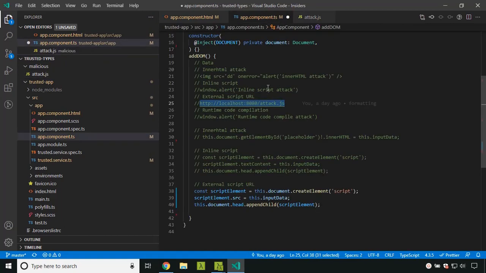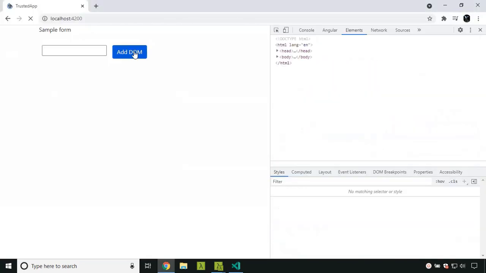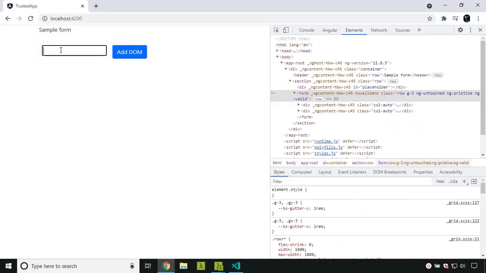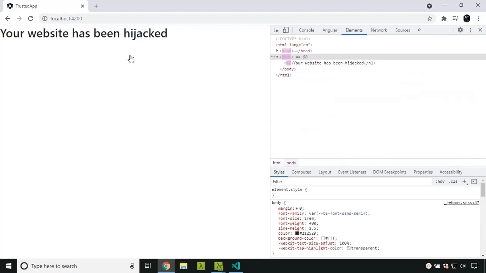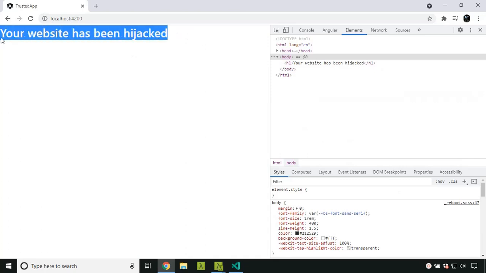I am copying this and going to our application, and I am giving the URL as input. Now when I click Add DOM, you can see that the DOM of my application got modified through the external JS. Once the external JS is loaded in memory, it does not differentiate whether it is from the same origin or not.